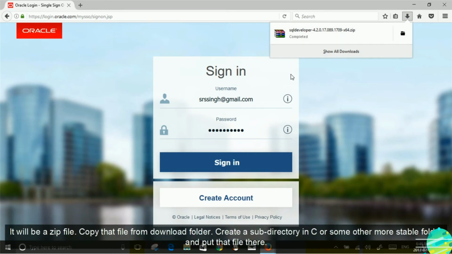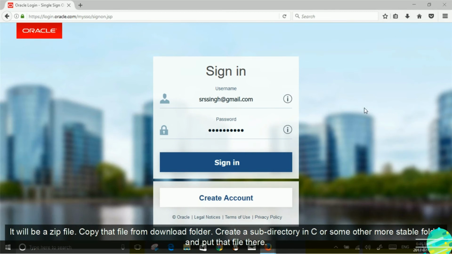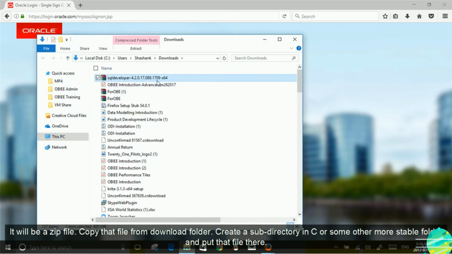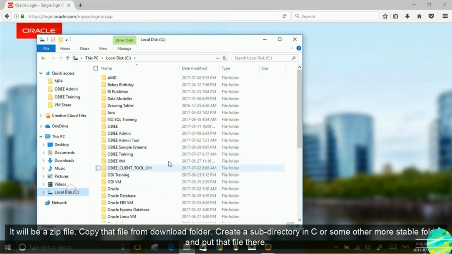It will be a zip file. Copy that file from the download folder. Create a subdirectory in C or some other more stable folder on your computer and put that file over there.